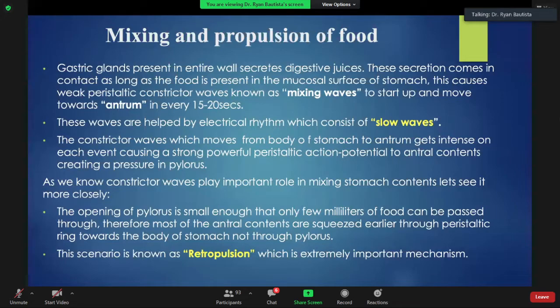Okay. So, let's say this is your stomach. This is your antrum and your cardia and your pylorus going to your duodenum. Your antrum is contracting at around 15 to 20 seconds per contraction. It produces slow waves. When you stretch it in the presence of food, you will contract it more, as we said, right? As you contract the antrum and the body, this is the body, this is the pylorus, food